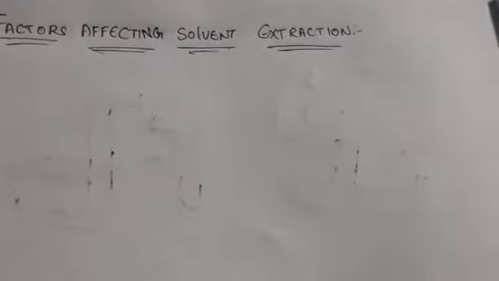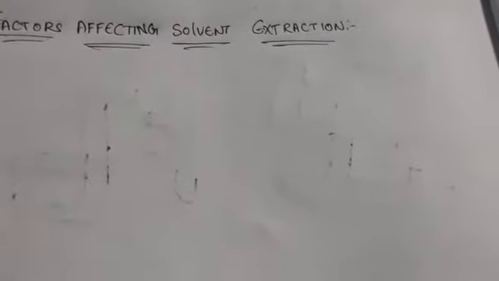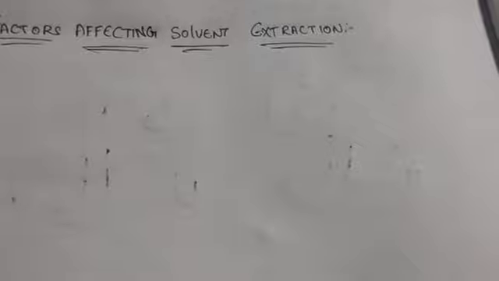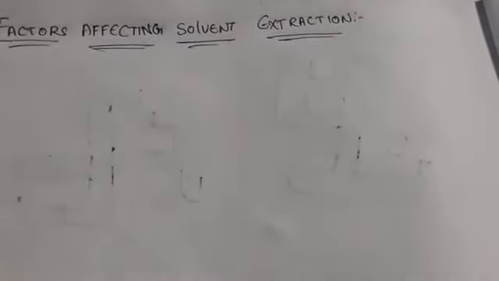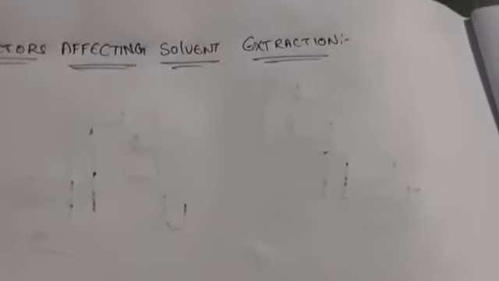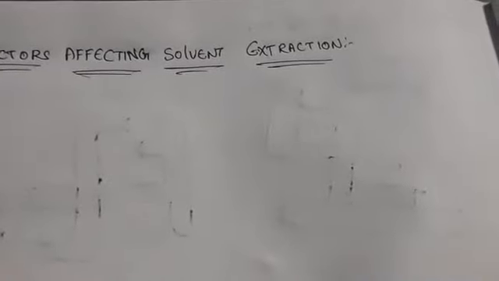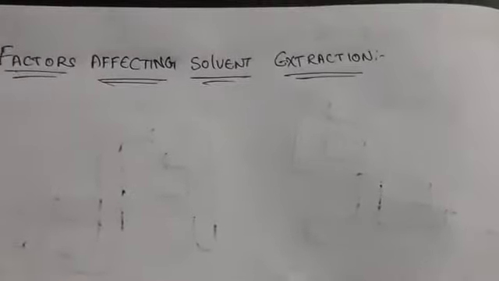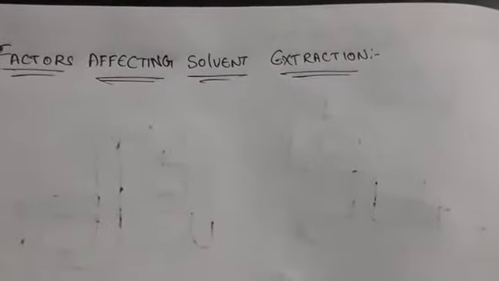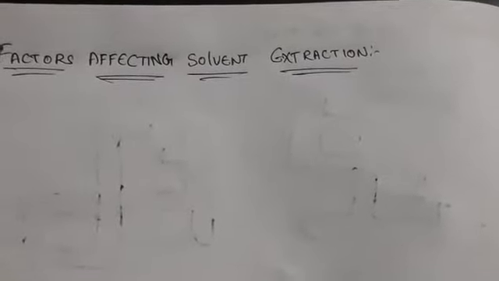Coming to countercurrent extraction, it is done in stages, as we have seen. So it is divided into a series. The time is very fast. We can easily separate the solvent. Okay. So today let us discuss the factors affecting solvent extraction.